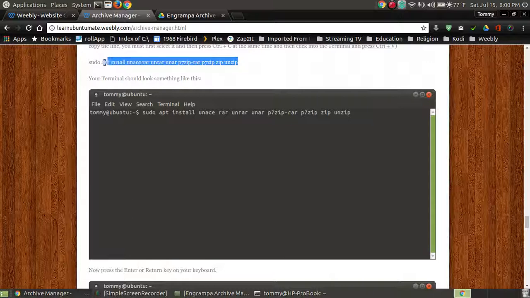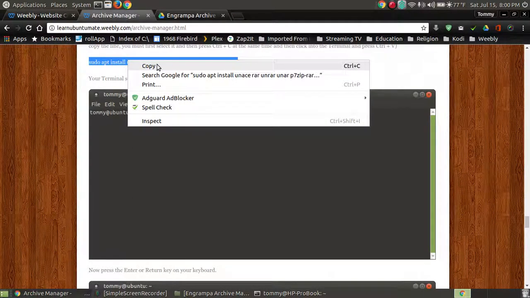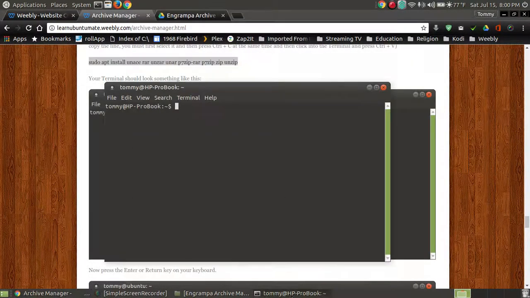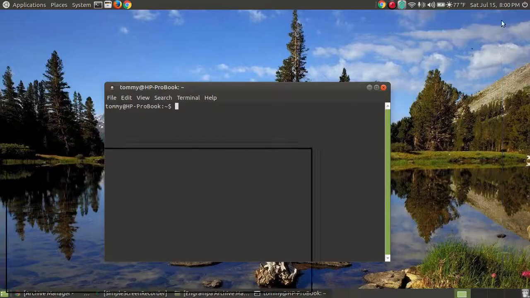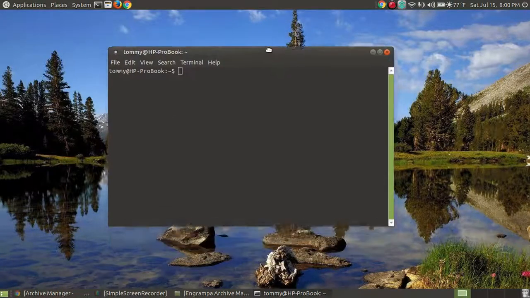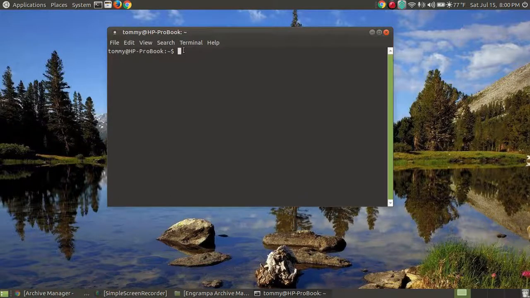copy this. When you're finished, let go. It highlights the text. Right click, choose copy, bring your terminal back up, and I'm going to minimize my web page so that you're not looking at two terminals on the same screen. I now have on the clipboard, when I copied it, it put the contents on the clipboard. I right click, I choose paste, and when I press the return key or the enter key, it will prompt